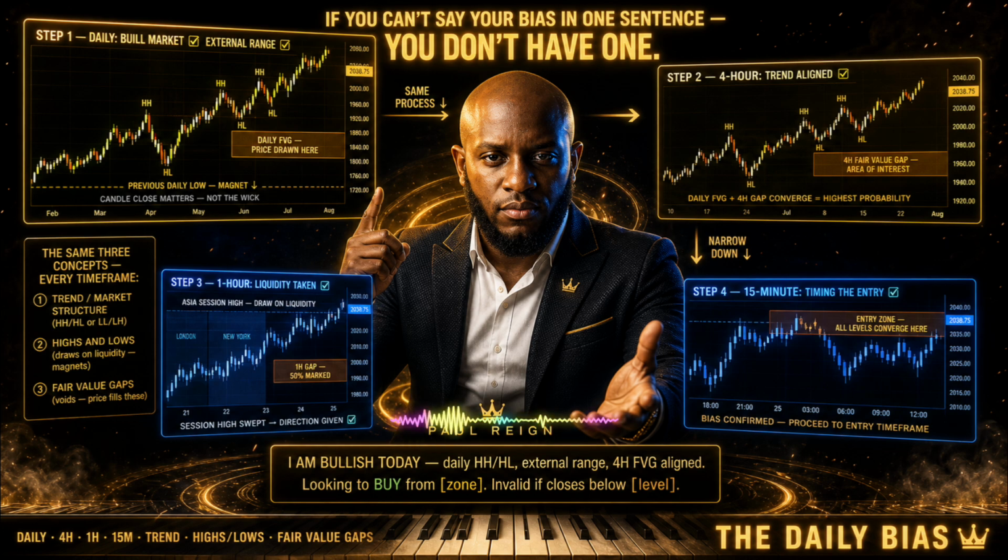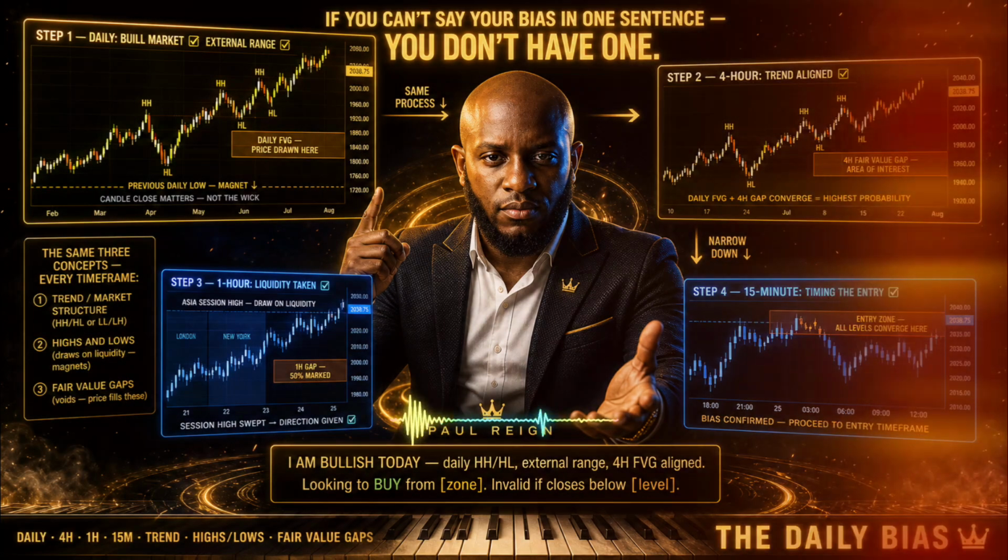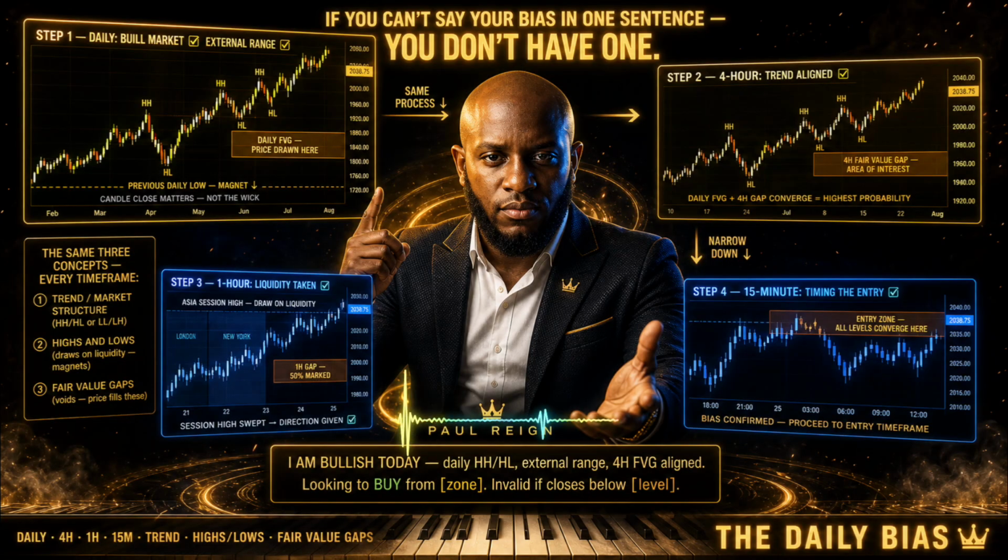Step 1, the illusion of full bear, consolidation. Step 2, the bear's internal cap on the authority. Daily low, sweep before continuation. Magnet, daily gap, before the high, the pattern. 4 hour, same trend, same lows, fair value gap. 1 hour, session levels, 50% in the middle.